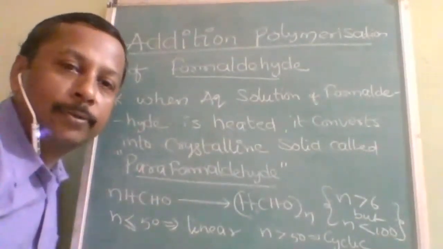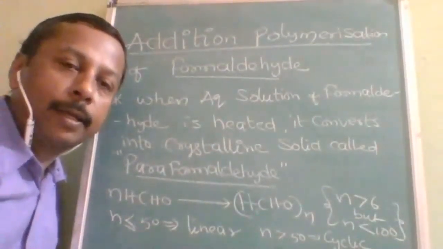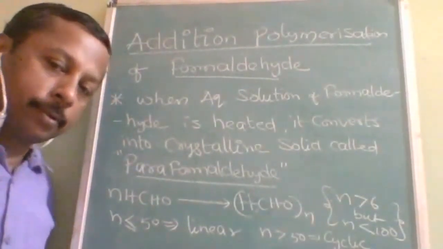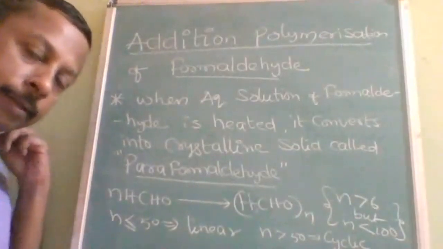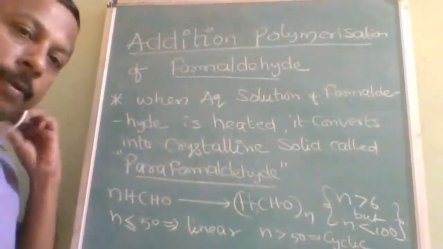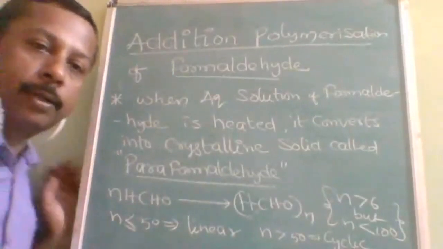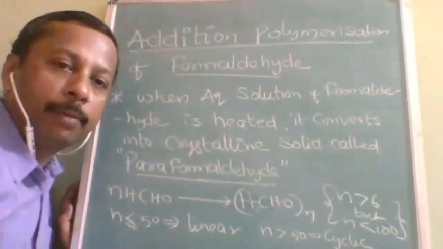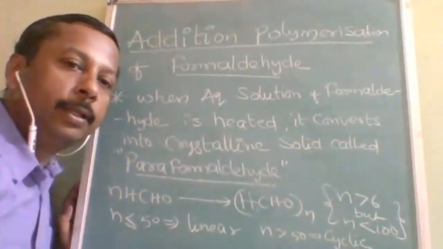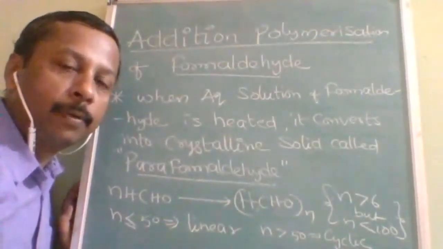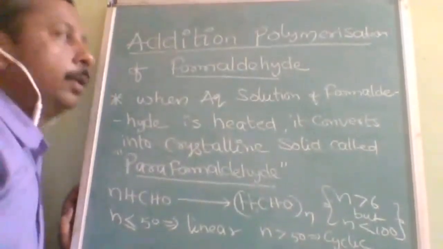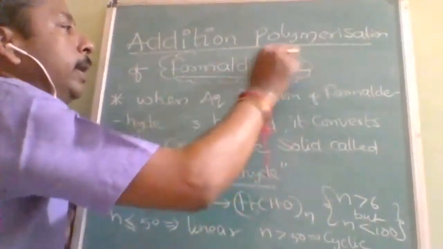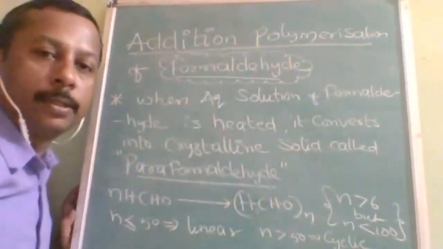Okay, now we are going to study the polymerization reactions of aldehydes and ketone carbonyl compounds. Okay, so first let us start with the very first member of carbonyl compounds. Polymerization of carbonyl compounds is the main topic. In that, the first topic is the first member of carbonyl compounds. What is the first member of carbonyl compounds? That is formaldehyde. Okay, so very bright chances of questions based on this,